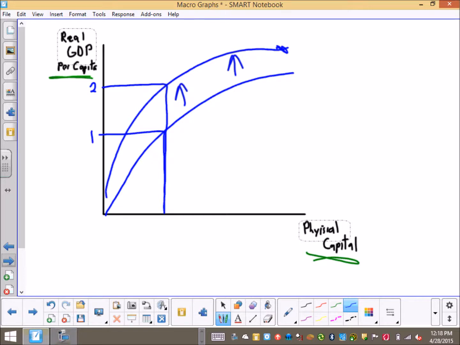What's another way you could increase production per worker? Human capital. Things like education, skills, training, or even experience. Which means that I could give the same capital per person, and now they can produce up to here. Which means if I give you a profit motive to do better, learn more,